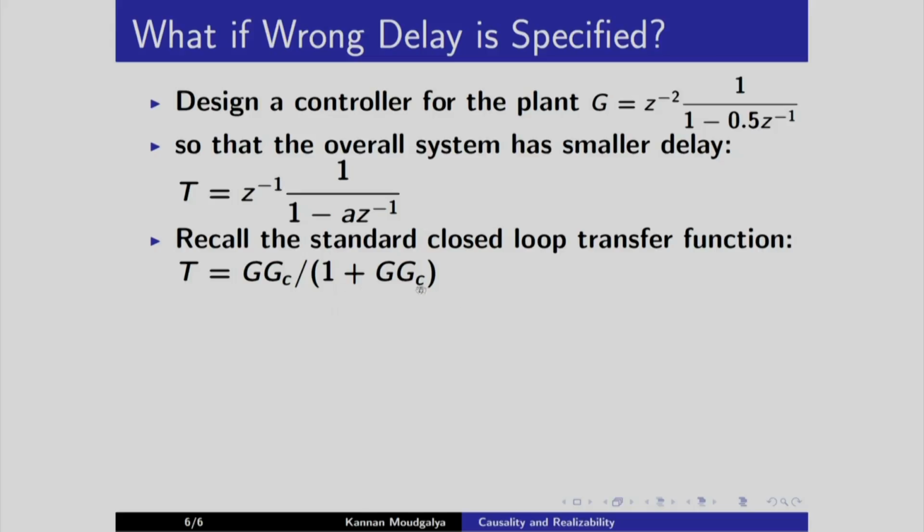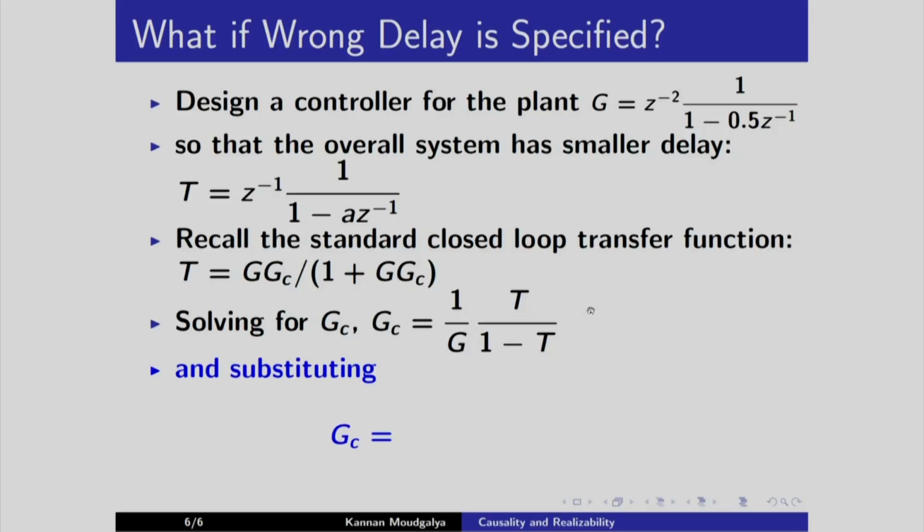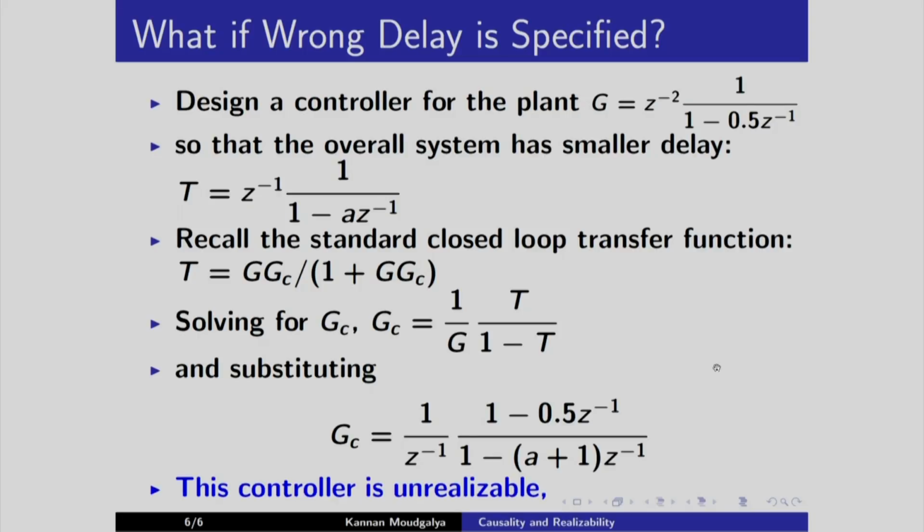Suppose we back calculate from this the expression for Gc. It is easy to verify this. I would suggest that you do this, and let us substitute for T and G from these two into this expression. We get the expression for Gc. You get the expression of this type. I would want you to substitute and verify that you indeed get this expression, and this is unrealizable because you have 1 over z minus 1, which will be z to the power 1 in the numerator. This controller becomes unrealizable